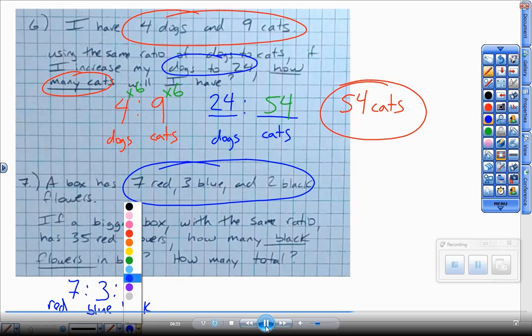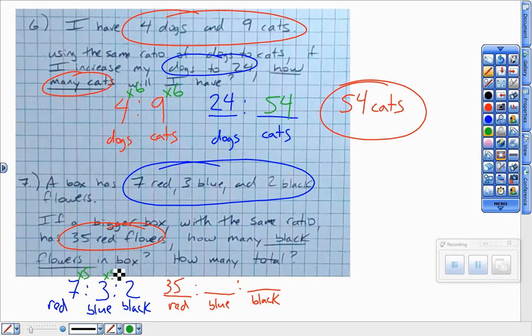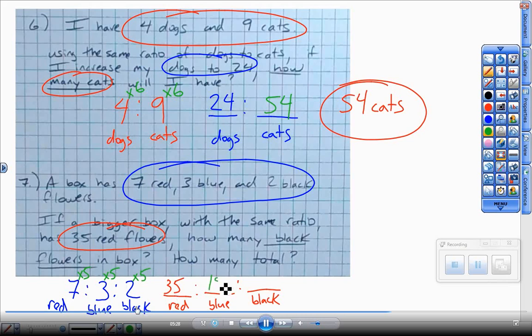So when you write your equivalent ratio, put the number in the right place. First spot is for red. Second is blue. Third is black. So if I give you in the second equivalent ratio how many red flowers there are, put that in red. So now you're looking at what times 7 gives me 35, and that of course is 5, timesing everything by 5. So I get 35, 3 times 5 I get 15, 2 times 5 I get 10, and then the